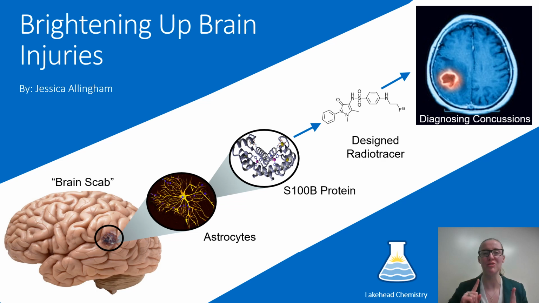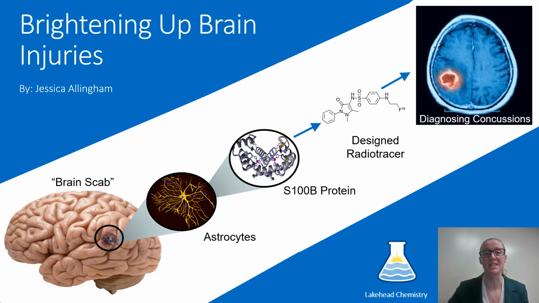The only difference between the two is that a doctor can see the scab on your arm and know that you're injured, but they cannot see the scab in your brain. I want to make this brain scab visible. So I looked at proteins associated with astrocytes, the cells that make up this scab, one of which is S100B, a protein associated with astrocytes that sheath blood vessels and involved in inflammatory processes. When an individual receives a concussion, the concentration and expression of S100B are significantly increased in the area of the injury. It is that increase in concentration that I want to image.